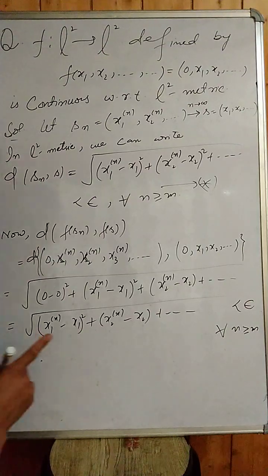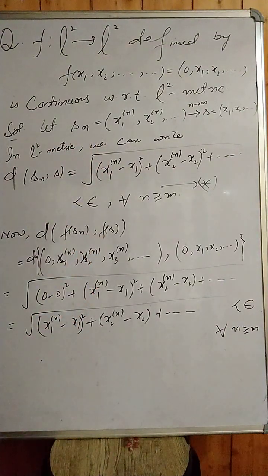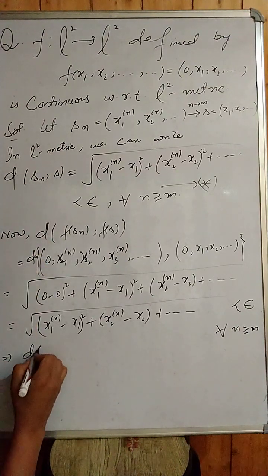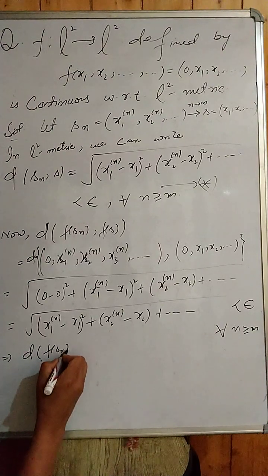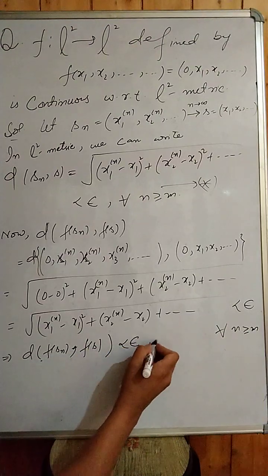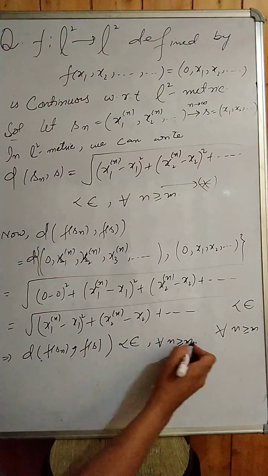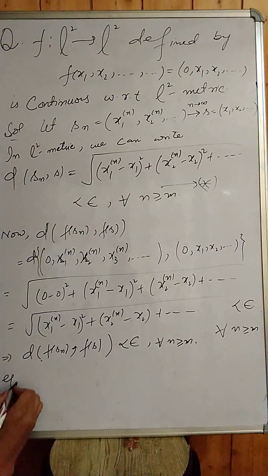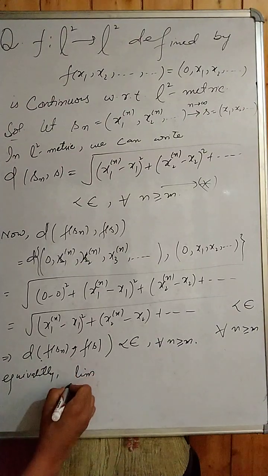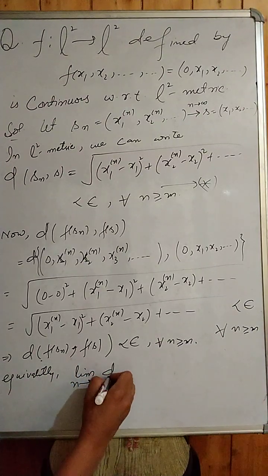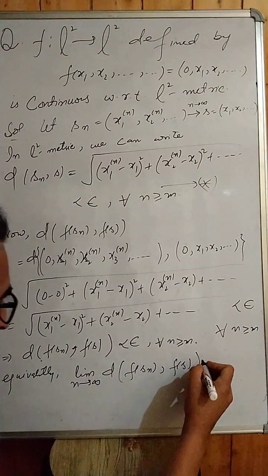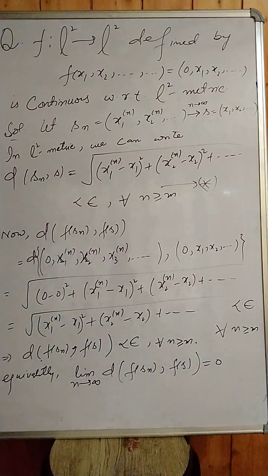That means we have checked that the distance between Sn and S is less than epsilon, which implies the distance between f of Sn and f of S is less than epsilon, or equivalently, I can write the limit as n approaches infinity of the distance between f of Sn comma f of S is equal to 0, which shows that